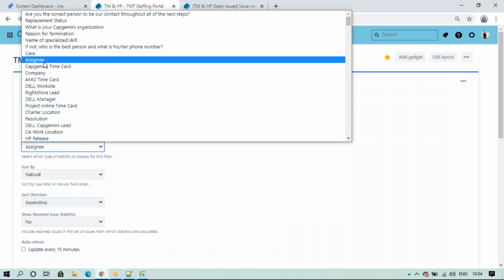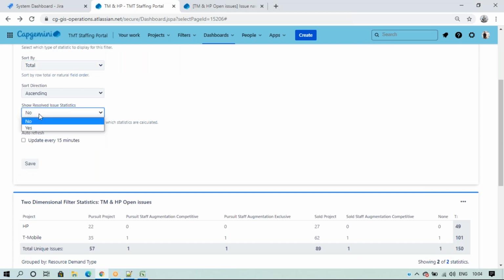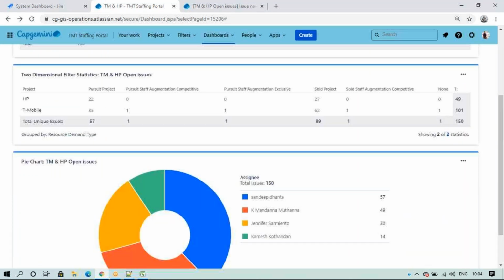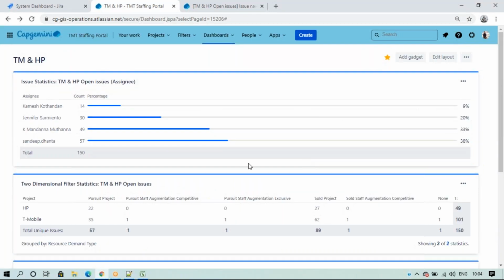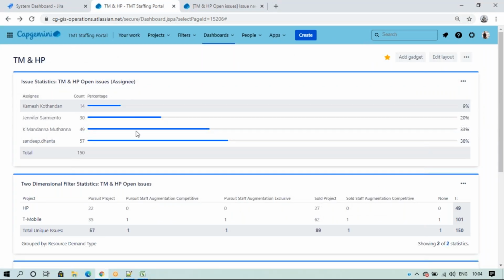For example, assignee wise, you can select assigned yes or no. It shows percentage wise: this person is 14, this person 30, this 49, 57, total 150, the same as here, and it comes by percentage.